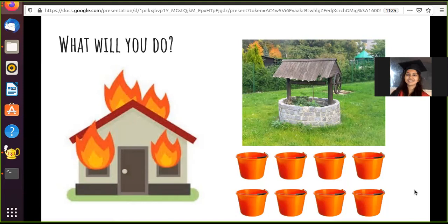What is the best way to do this? Assuming there are, let's say, around 500 people standing there outside the school. So, what is the best and the fastest way to curb off this fire? So, everyone can take their own bucket, get some water from the well, and spill it on the school. So, is that the best strategy, and will it curb the fire faster?